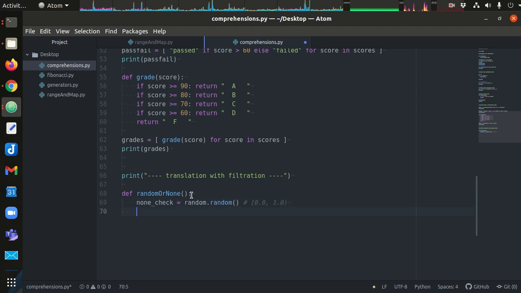All right, so this is going to give us a number between there, and what this allows me to do is say, if 0.10 is greater than some random number, my none check, that means that none check has to be below 0.10. So 10% of the time this is going to be true. I'm basically making a condition that's going to be true 10% of the time. And if so, then I want to return the value None. Otherwise, I'm going to return